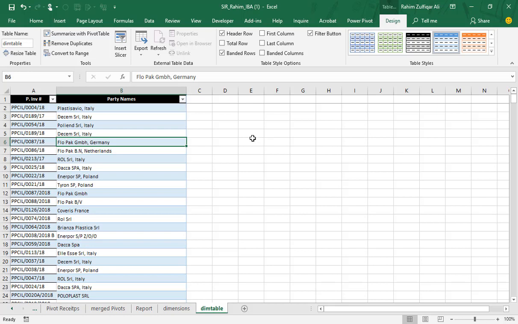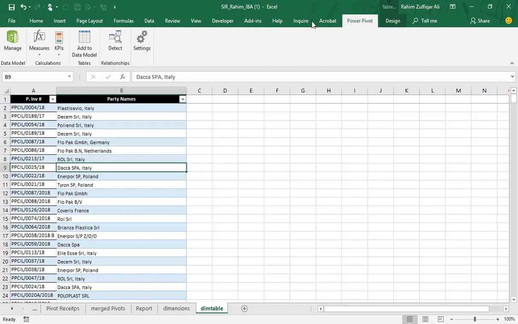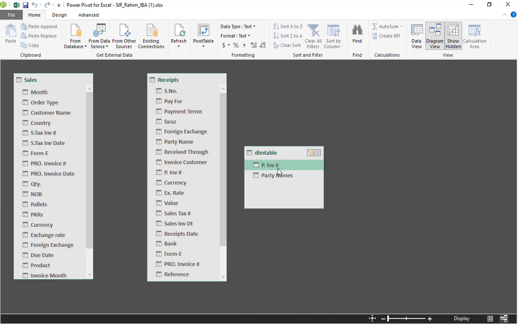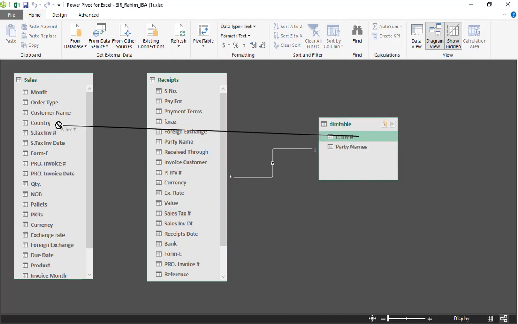So now getting this table into Power Pivot, add to data model, we have the dim table here, and let's connect with the common columns, invoice number to this invoice.